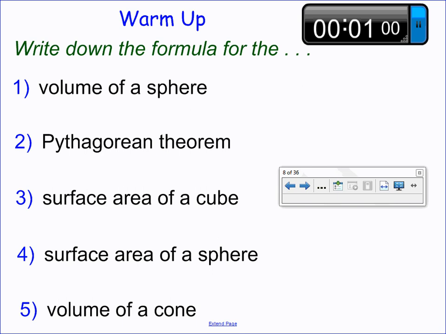People are stalling out. Yeah, people are stalling out. I mean, not you. I'm just saying people. For cubing, we said that's where the area of one of the surfaces. Volume. You don't remember the volume? 4/3 pi. Did you get the code? Pi r squared times